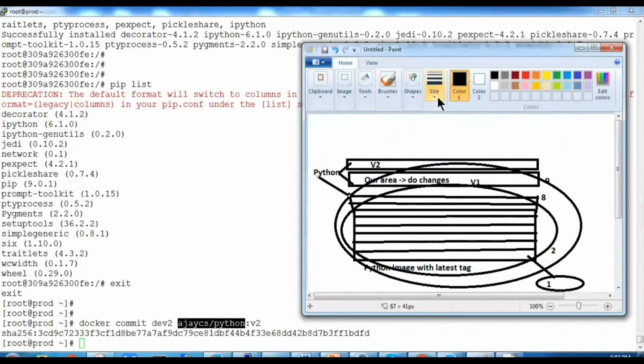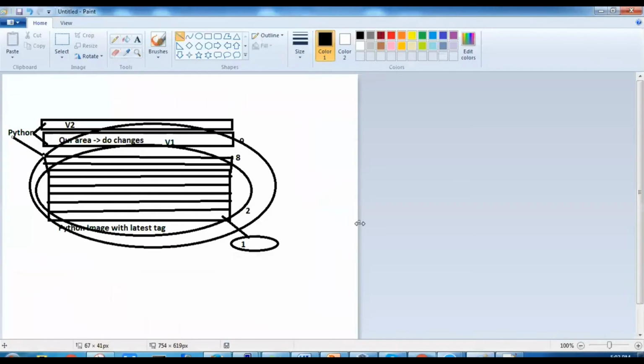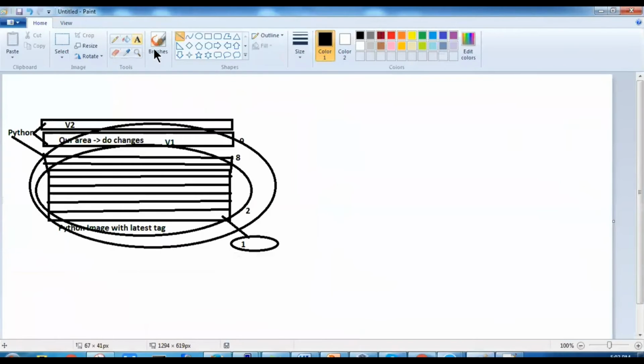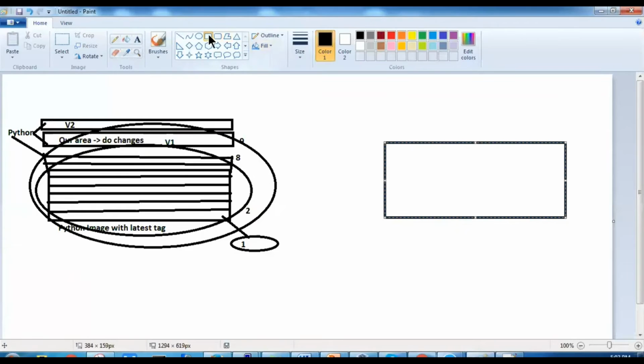You can say like this. The same diagram, I will just maximize it and showcase it here. Now the same diagram will look like this. Here are your 8 layers. Now here is your new layer, version 1, and here is your version 2, like this.